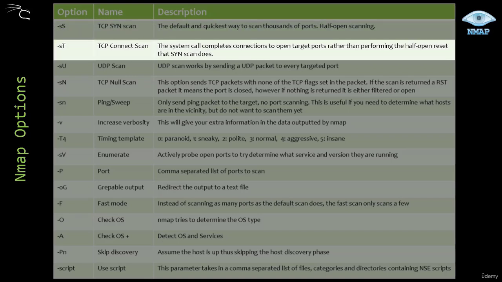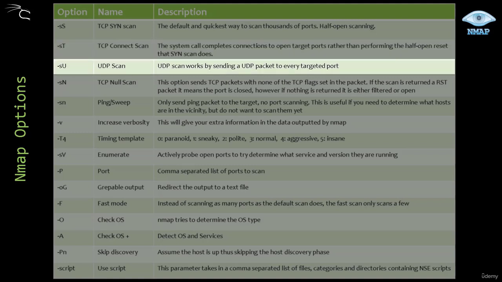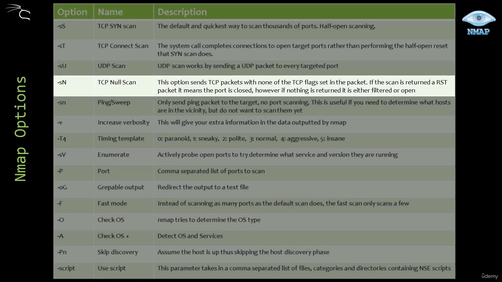As for the -sT option, we're telling Nmap to use the three-way handshake to establish a connection with the target and to determine if the ports are open. When we are scanning ports that are based on UDP, such as DNS, SNMP, and DHCP, we need to use this option, the -sU. Another option to perform a scan is the -sN option, which basically sends a TCP packet